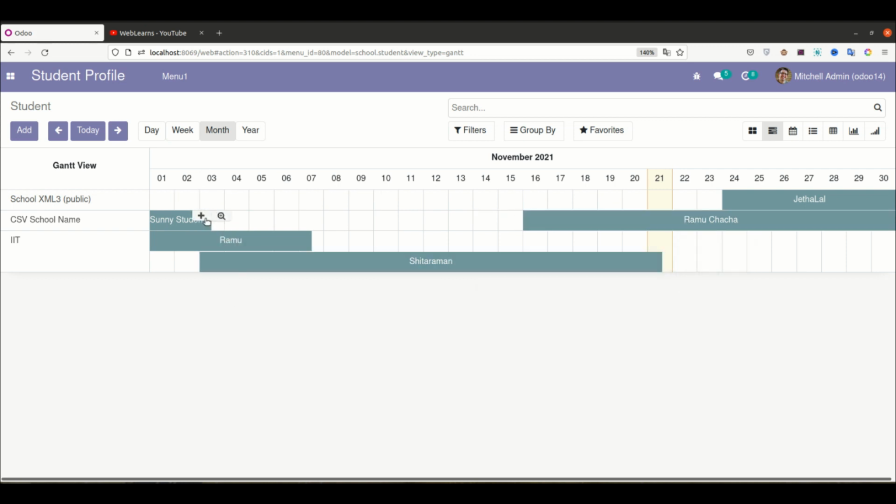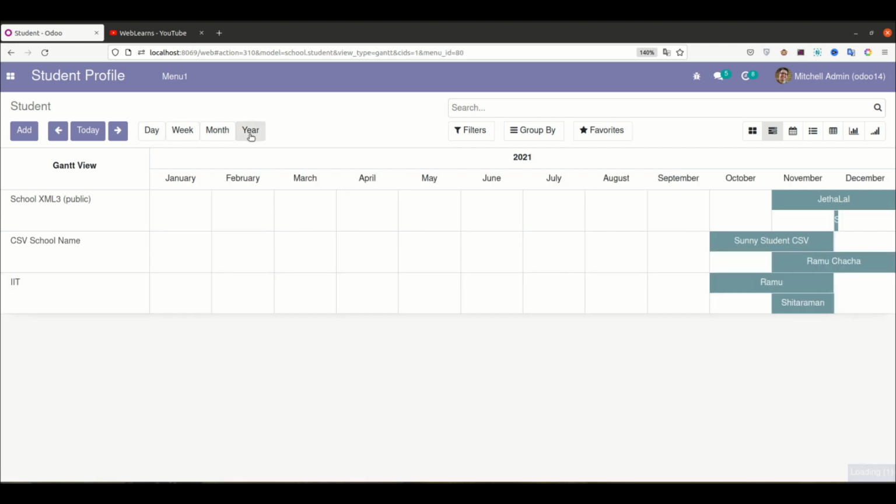Now you can see the interval here, I mean the date and time, date related operations you can perform here. By default it's a month. If you want to switch to the year, you can go like this. If you want to switch to week wise, for the year wise you can see January, February, March. For this student, the start date and the end date is 31st October to the 3rd November.